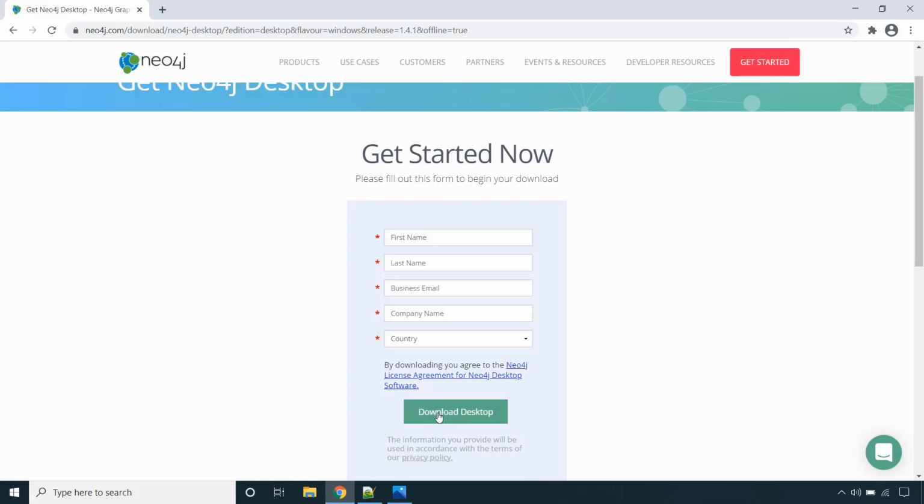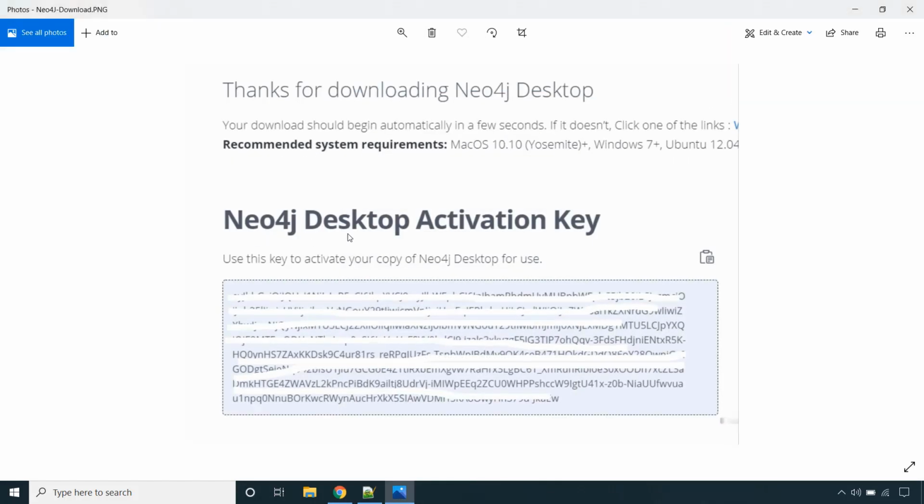Once you click on this, your download will start, whatever you preferred, right, according to your operating system, and you will see the activation key like this. So you can check out the system requirements as well, and make sure you copy your activation key from the browser and store it in your local machine in a text file. Now, after getting the setup file, right, Neo4j desktop, you just need to install it in your local machine. It's just simple steps, right? Just clicking on the next, that's it.